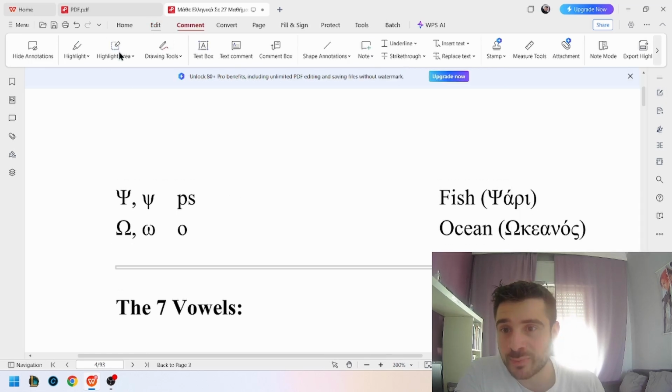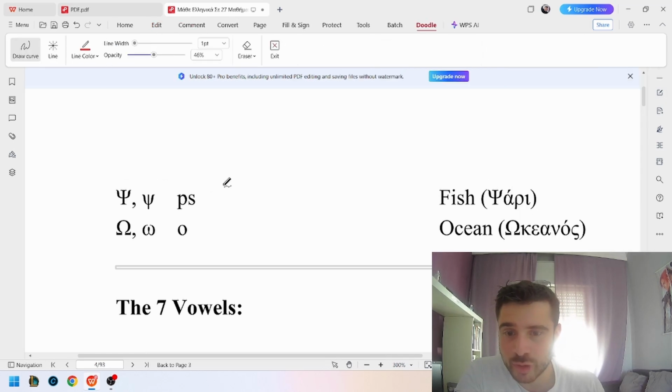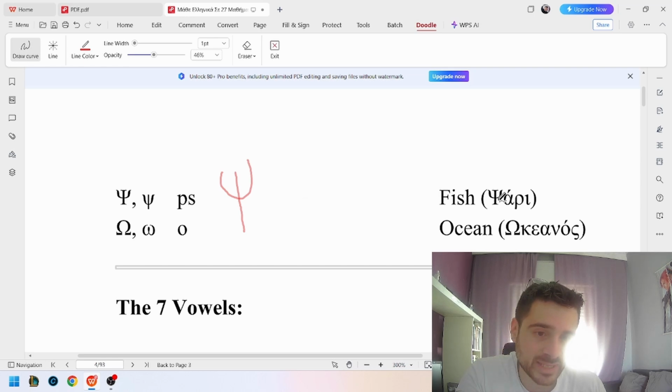This letter is called Psi. It gives us the sound ps. You can draw a U and make a line in the middle. So, if you want to say fish in Greek, you will say psari, and we write it like this. And the last letter is called Omega. It gives us exactly the same sound as O. So, the word ocean in Greek will be